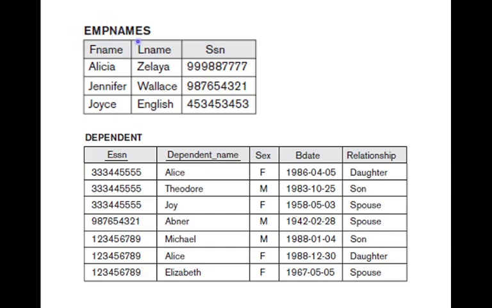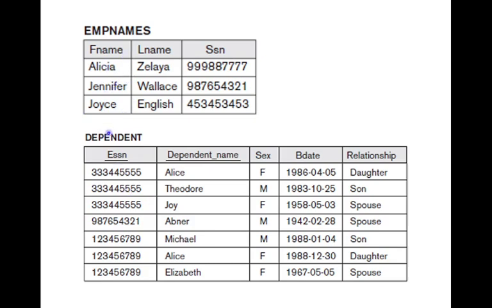Here this denotes the female employees of the department, and this is the dependent table. Now we want to find the dependents of all these female employees. Whether Alicia has any dependent, Jennifer has any dependent, or Joyce has any dependent. So we have to find that.